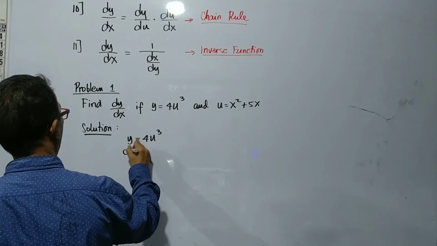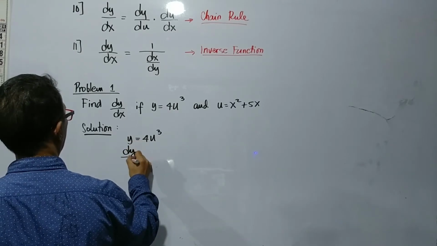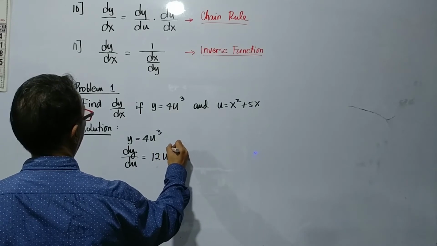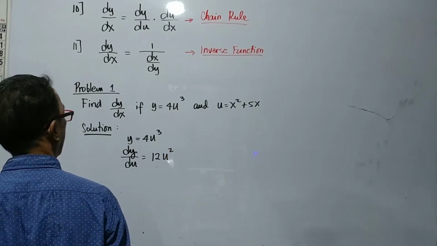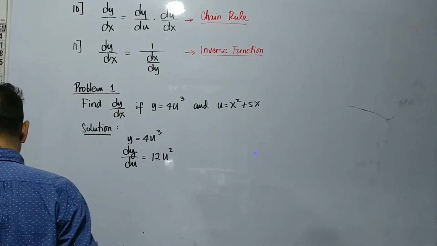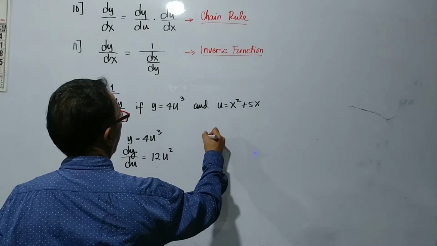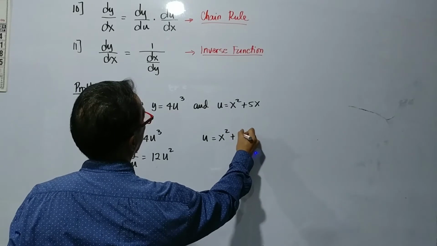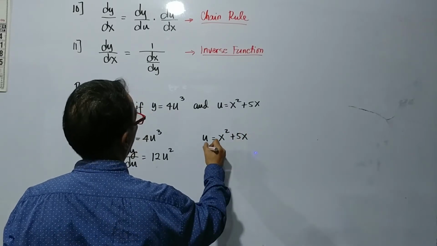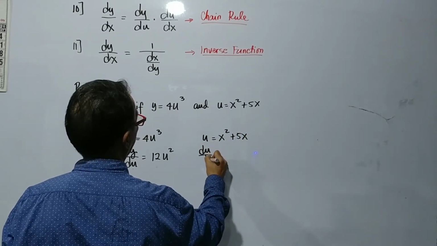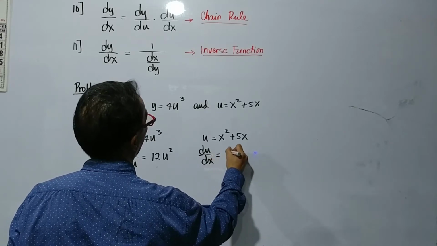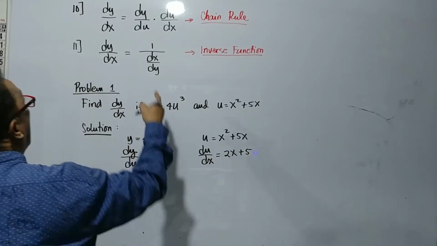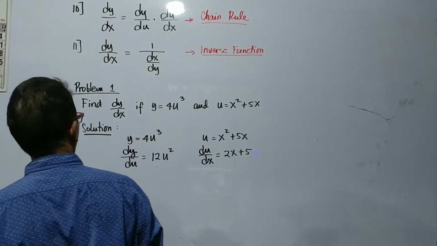So our dy/du is equal to 12u squared. On the other hand, we have u equals x squared plus 5x. So we have du/dx equal to 2x plus 5. Applying now the chain rule, we have